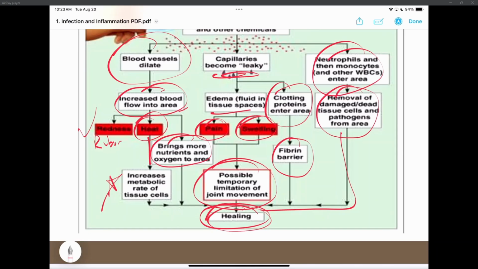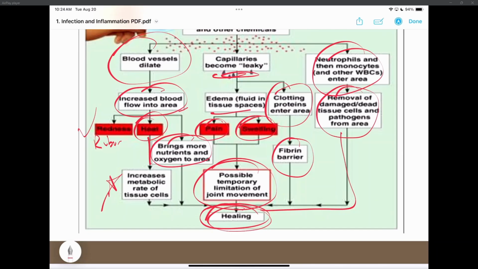You're going to cause chronic inflammation. It will never heal. You're going to cause problems. So the big thing here is to understand why we get redness, why we get heat, why we get pain, why we have swelling. Where is it coming from? Why do we get those things to happen? And work backwards and figure it out. That's kind of where pathophysiology is going. We're going to talk about why things went wrong and work backwards: why are they having these complaints?